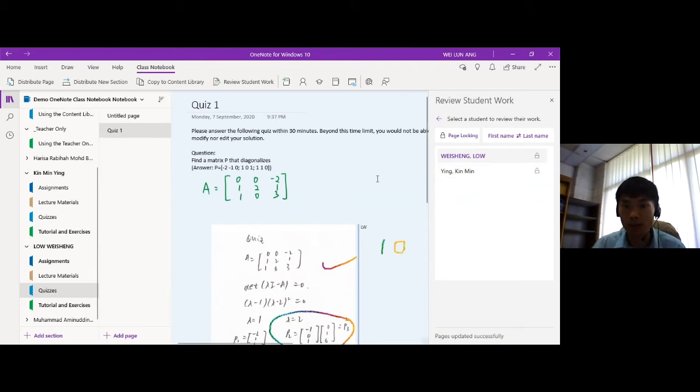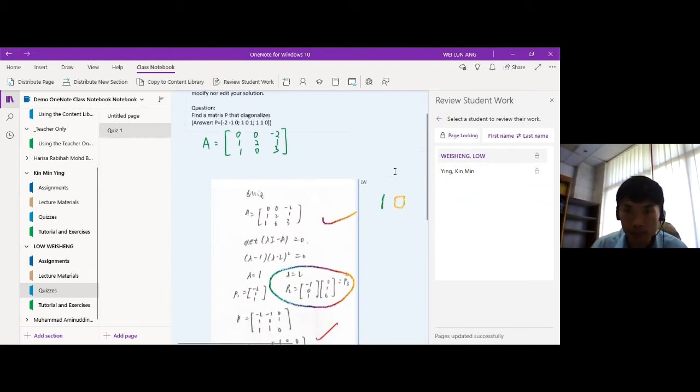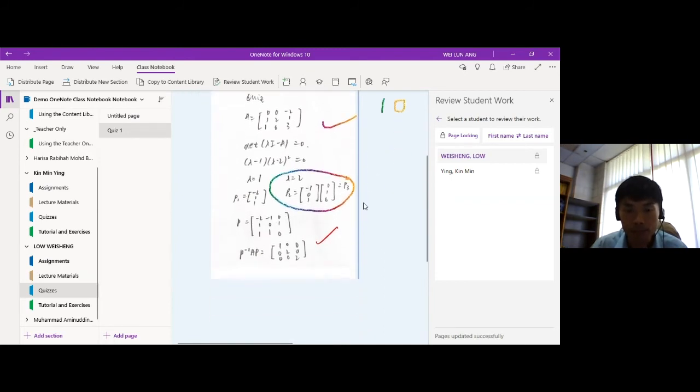Okay, so for instance, you highlighted this particular section with a rainbow highlight. If it's unlocked, can the student work on the same page or would it be on a different page? If it is unlocked, the student will be able to edit it. They can just update that part, whatever is wrong with it, and work on that. Yes.